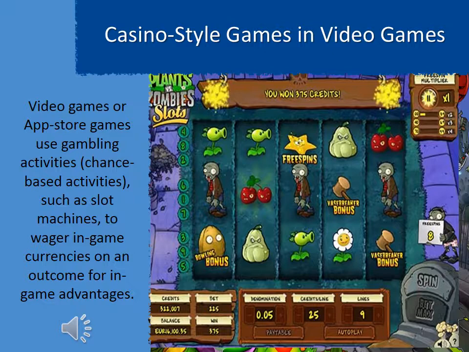The photo included here is from a game called Plants vs. Zombies, where players can participate in a slot machine activity to get additional bonuses. Some other examples in other games include picking a card or spinning a roulette wheel. Sometimes you can participate in this activity every 12 hours, sometimes it's every 24 hours, or sometimes you're given the opportunity once you've hit a certain milestone within the game. When playing these games, you can play with in-game currency or real-world money.